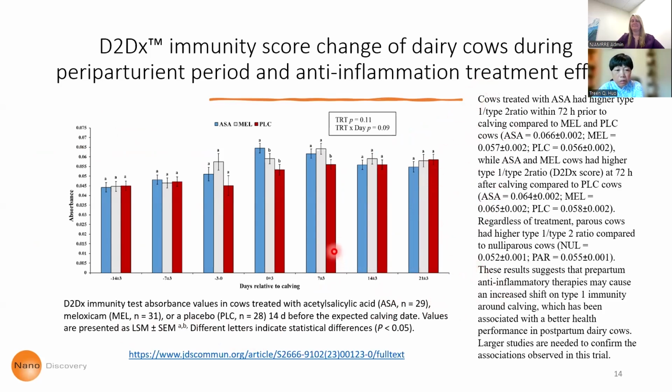So, same as the first study, as you can see there. In Dr. Barragan's study, they're using aspirin to regulate the inflammation of the dairy cows during this transition period. So we do see the same trends. As you can see here, there's a change of the immune status in the cows during this time, but also in their finding, by using aspirin to control the inflammation, not to completely eliminate it, indeed, it does affect the immune health of the